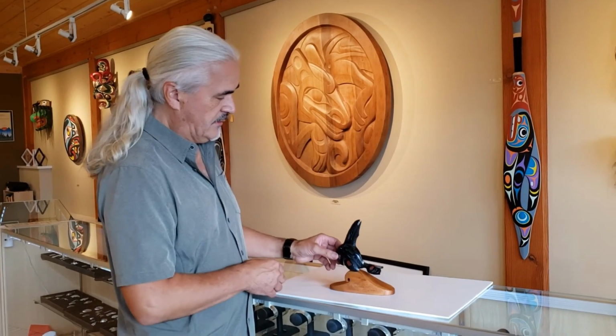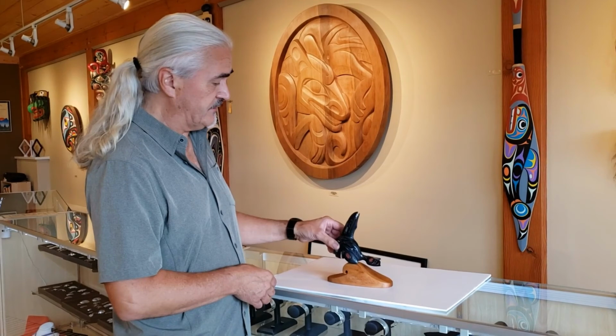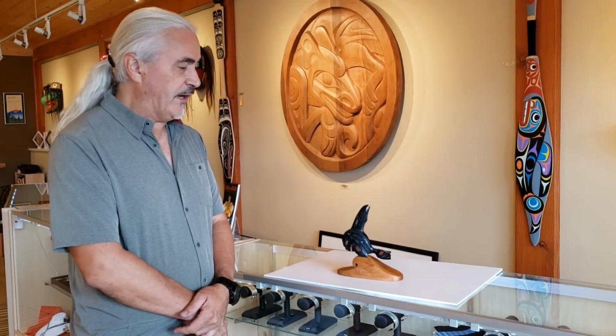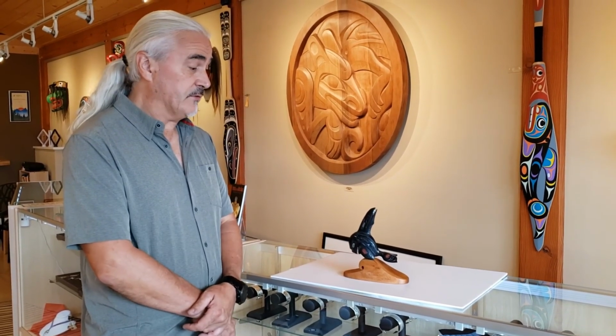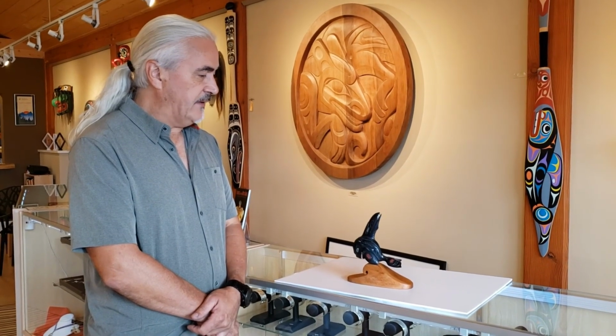And the stand is? And the stand, the base, I pretty much always use wood because it's traditional. They would use that for so many things, right from fish hooks to clubs, mauls, wedges. It's just such a strong, dense wood and super strong. It doesn't crack, and it jacks, but it doesn't split. Not like cedar. Cedar will split quite readily, but